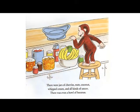There were jars of cherries, nuts, coconut, whipped cream, and all kinds of sauces. There was even a bowl of